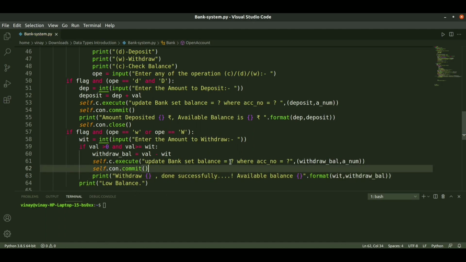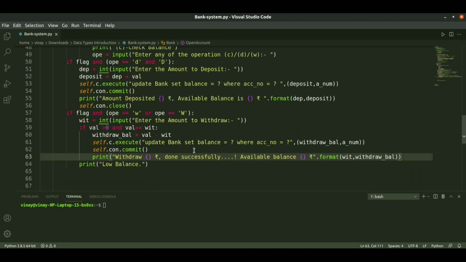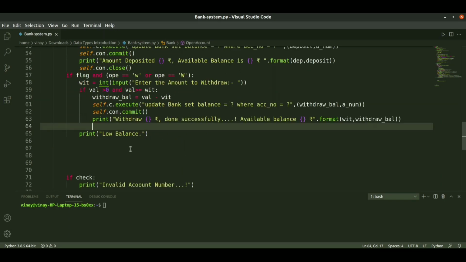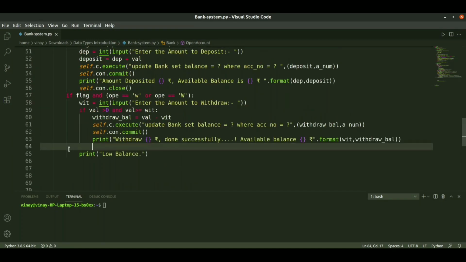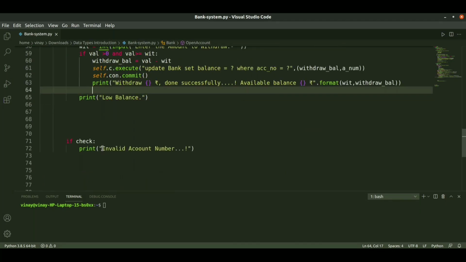So now it's completed. We just use this symbol again, paste and paste. So now withdraw is completed, and this is else now.